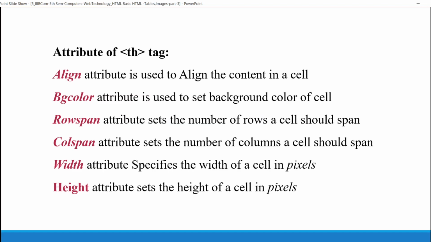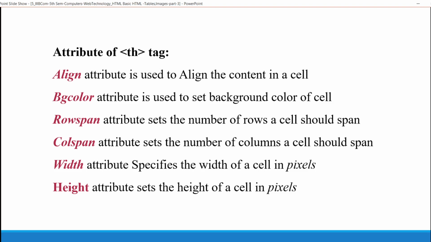What is a rowspan? What is a colspan? If I want to divide a particular cell into different rows or different columns, a single cell can be further divided into a number of rows or a number of columns.